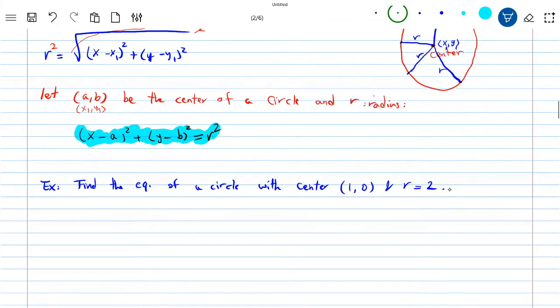I'm going to use green to solve this. It would be x minus a, and (a, b) is the center. So x minus 1 squared plus y minus 0 squared equals the radius, which is 2 squared. This would be your equation. Sometimes they simplify and ignore the 0, because y minus 0 is basically y squared. That means any point that is on that circle, if you draw the circle,